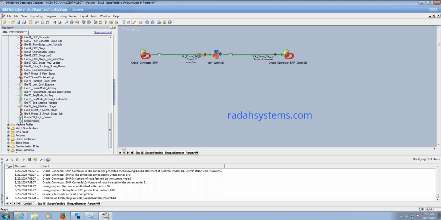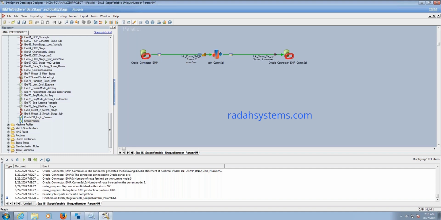We can use job runtime parameters for fetching the data for the current date or current timestamp. Those values we will pass from a file or a job sequencer. From the Unix box, we will append that file value to the respective job, so the data will be fetched based on the date.